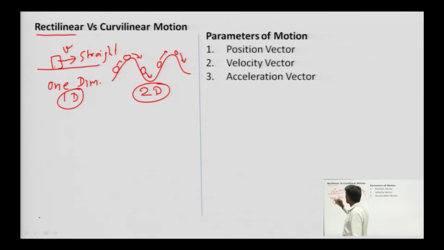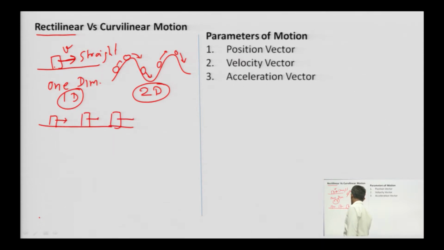if the velocity component is this, then since this is straight, it is always straight. If the body is here, or here, we always have only one component of velocity. Its perpendicular component is 0.